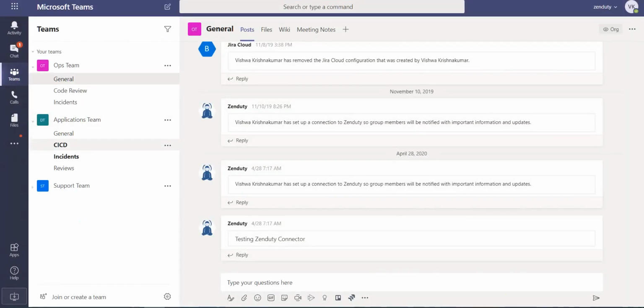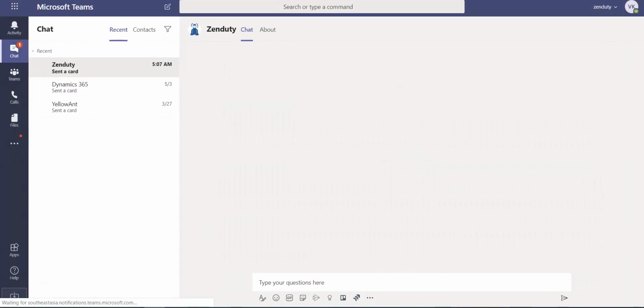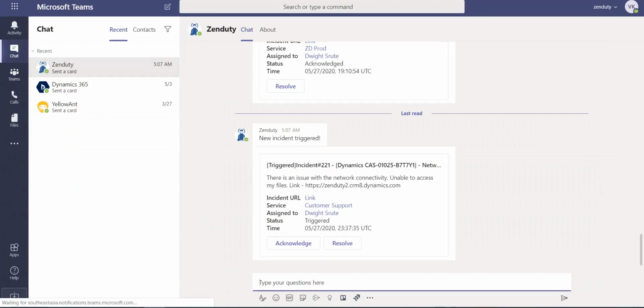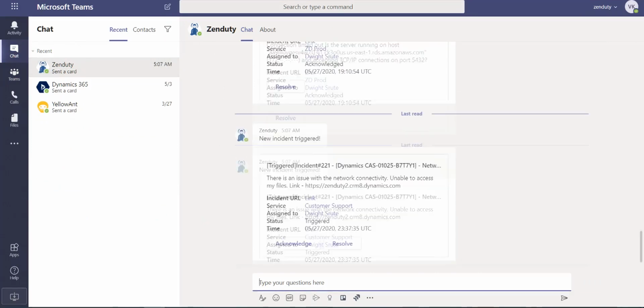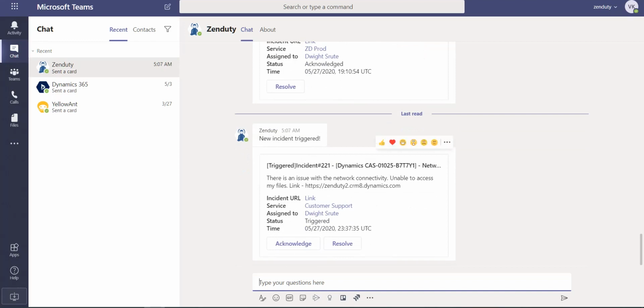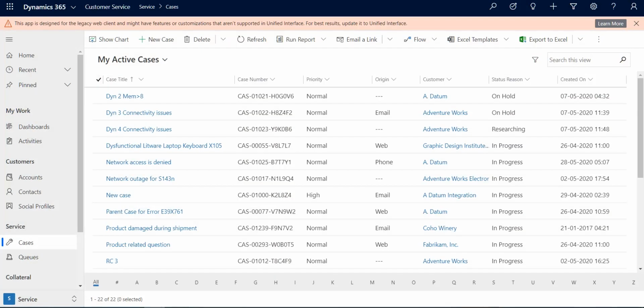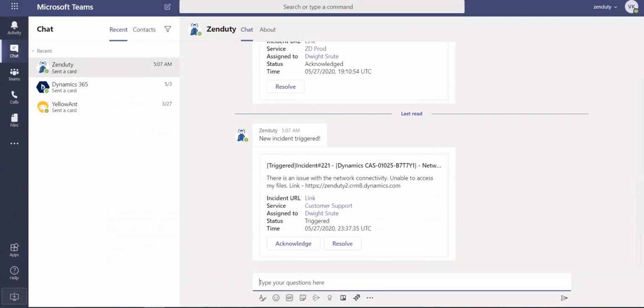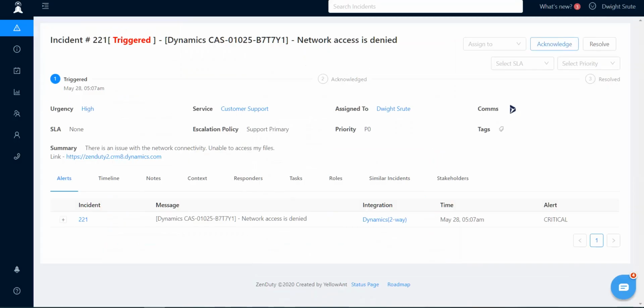So if Dwight looks at his Microsoft Teams, he'll see that the Zenduty bot has sent him a message or an alert on Microsoft Teams as well, with a link to the incident and a link to the Dynamics case. So once Dwight receives the alert on Zenduty, the first thing that he'll have to do is to acknowledge